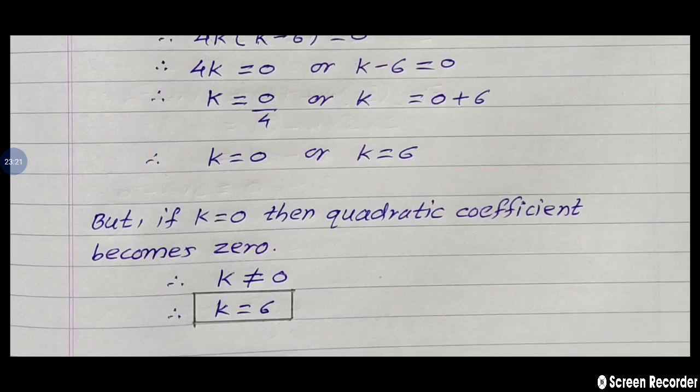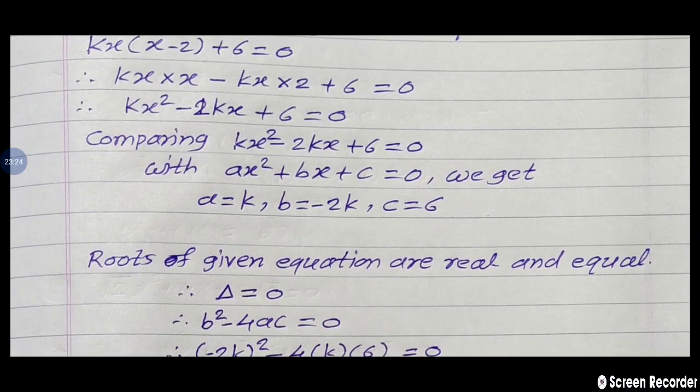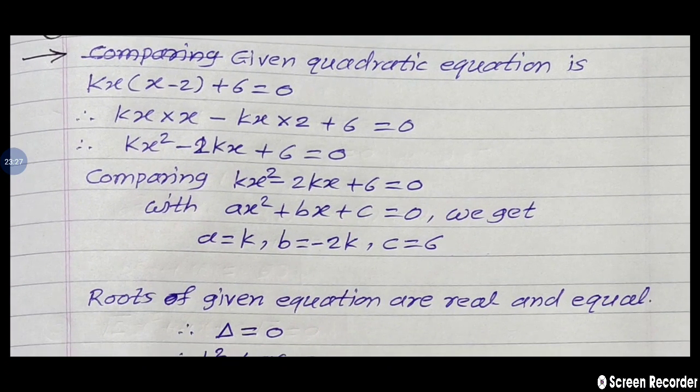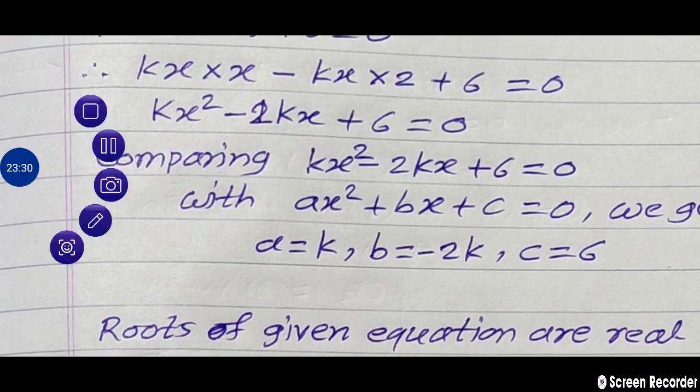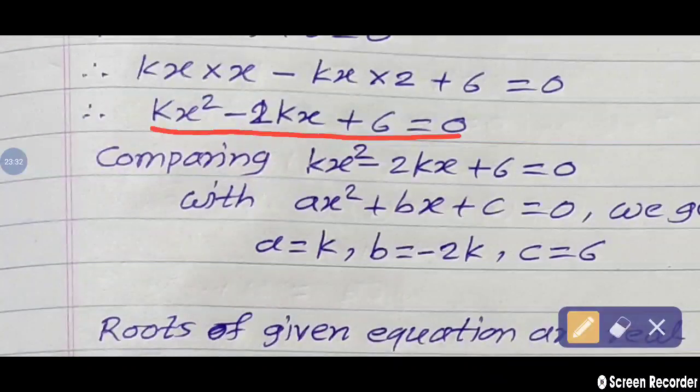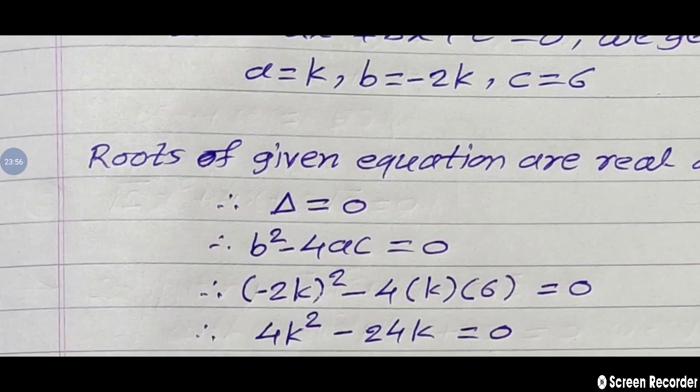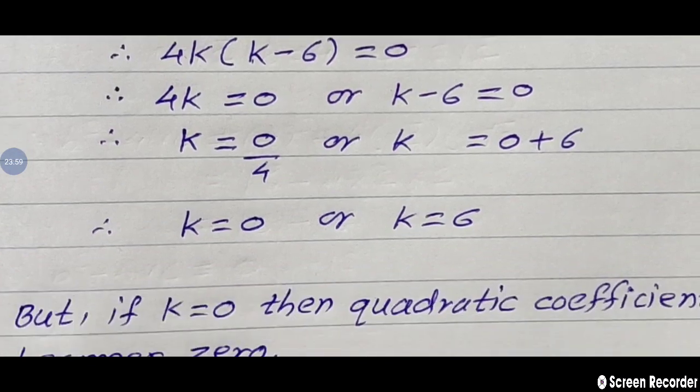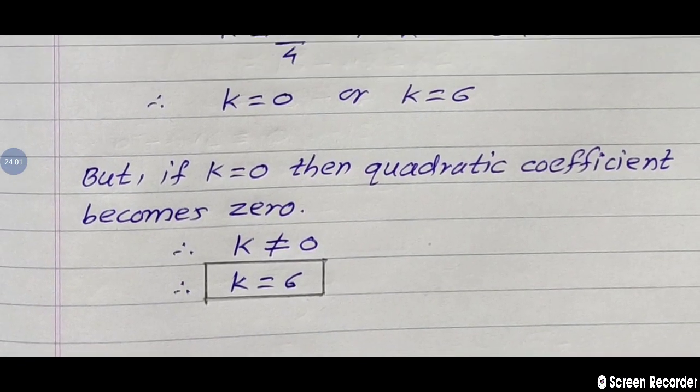But this k value is a coefficient of what? Check there. What is the standard form? Kx square. Now check in this. This is the standard form of a quadratic equation of the given equation. So k is the coefficient of x square, and suppose the value of k is 0. So 0 multiplied by x square means 0. So the x square term is 0. So that equation is not called a quadratic equation. Therefore that value k is equal to 0 is not acceptable here. Discard that value. So that condition we write at the last.